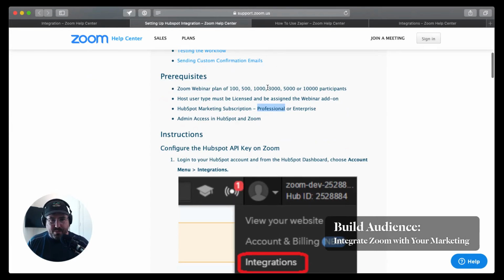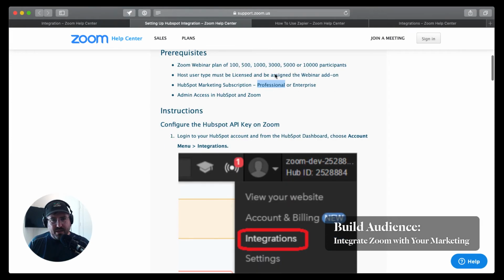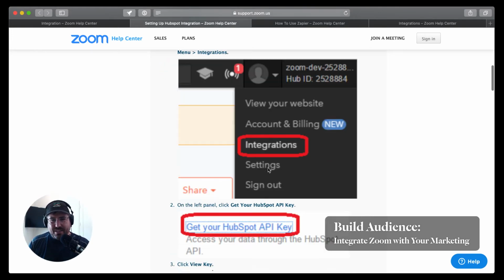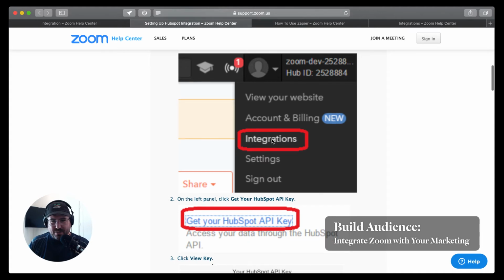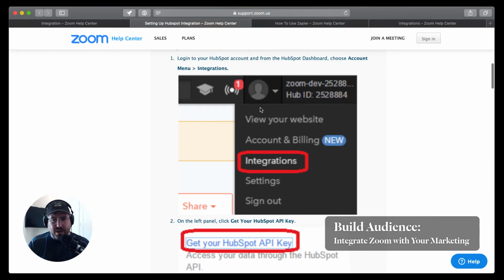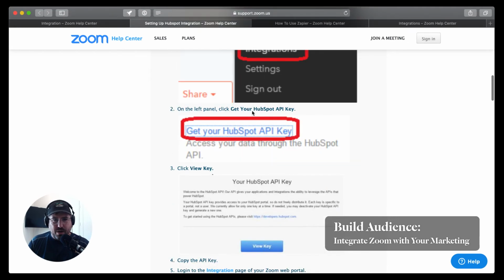Let's just stick with this example, right? With HubSpot marketing. And if I'm logged in, and you might have to be an administrator or talk with the administrator at your company to see how this works. But if you hover over your face on the top right, you'll see this integrations section. And now, depending on what version of HubSpot you've been updated to, you might have to go into settings and find it. But if you just generally search for integrations, you're going to find this page where you can